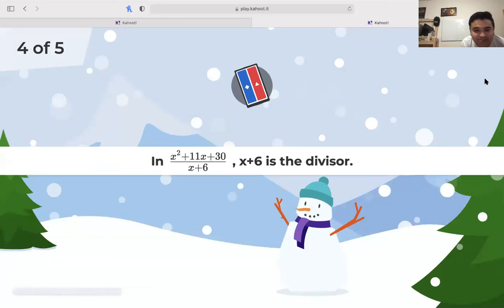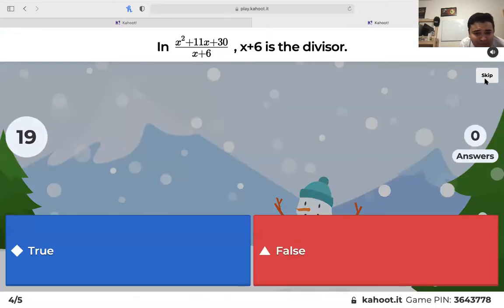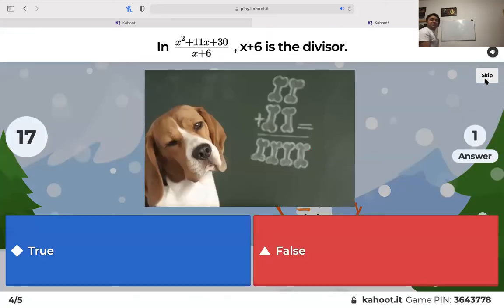True or false? An x squared plus 11x plus 30 divided by x plus 6. I think it's